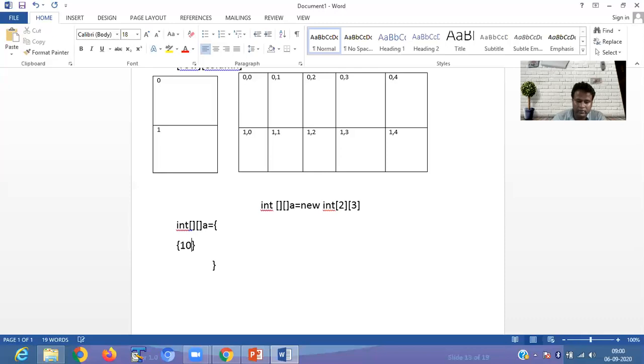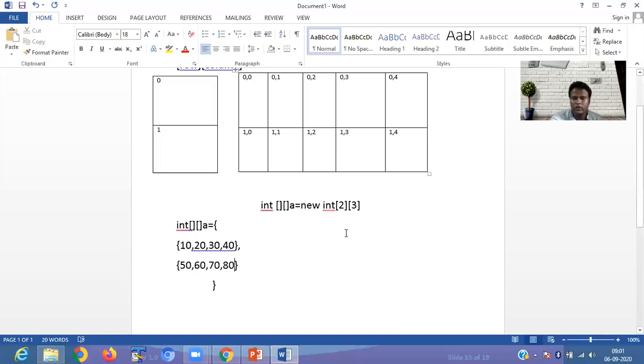10, 20, 30. It is one row. Then the second row is 50, 60, 70, 80. That is a way of initializing the array elements. At the time of declaring, you can initialize the values.